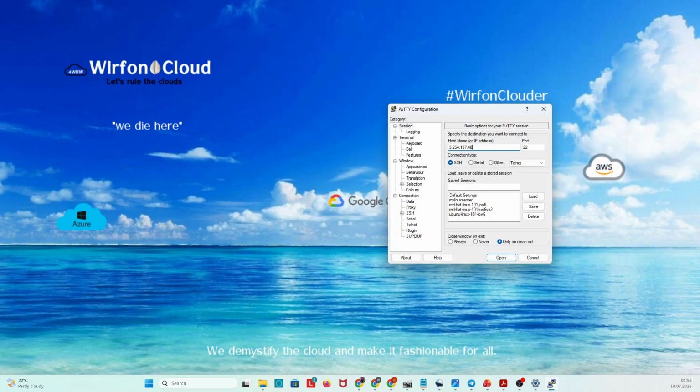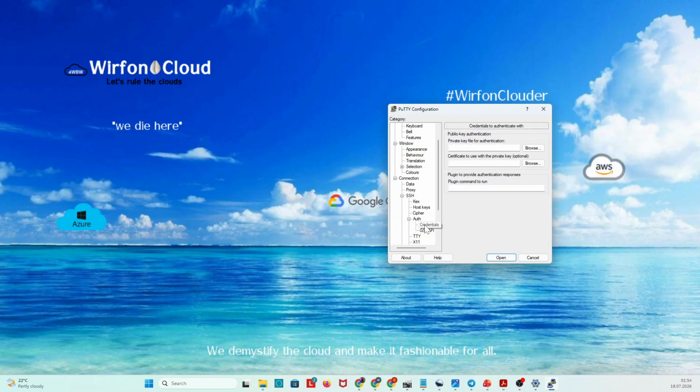And all I have to do now, as in the next step based on what we did cover, I'm going to come here and click on SSH to expand that area. And once I click on SSH, I see there's another plus button here under auth. I'm going to click on it to expand as well, and then I'm going to click on credentials, and now I have this window. With this window, I'm going to click on browse,